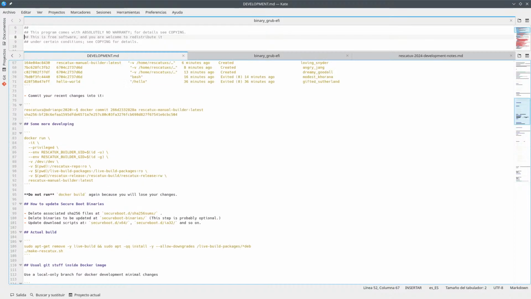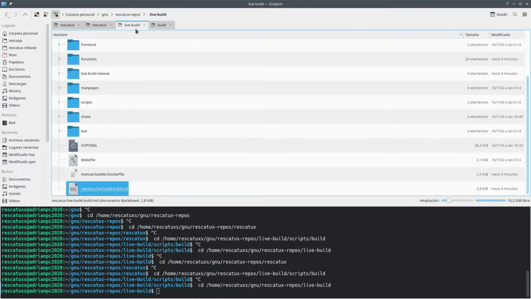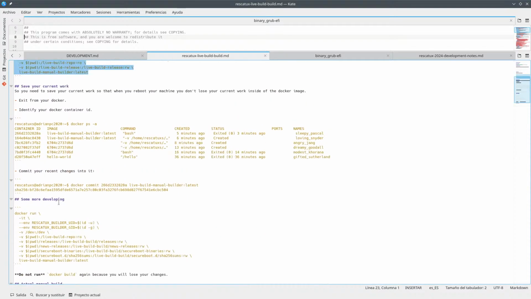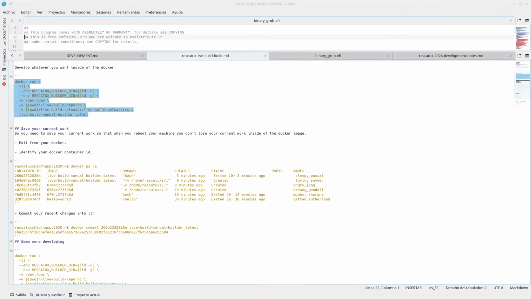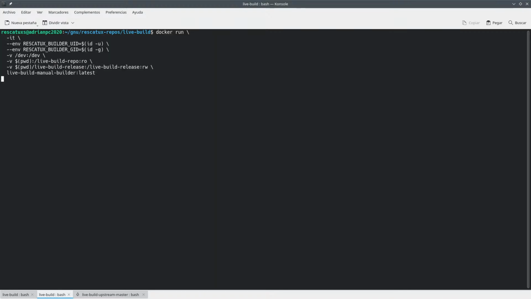So this should have a live build thing. Maybe this one here should have instructions on how. Yeah, okay, here it is. Docker build, Docker run. So this is how you build the live build stuff. So let's go here. Let's create this Docker,